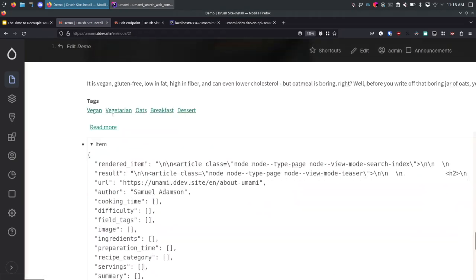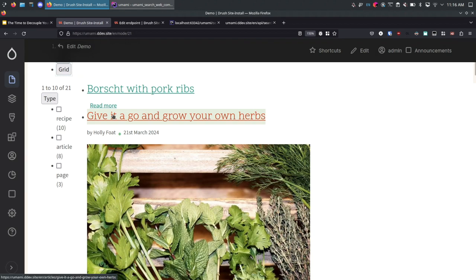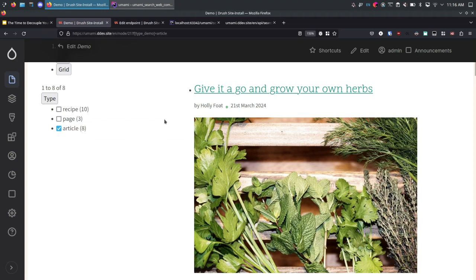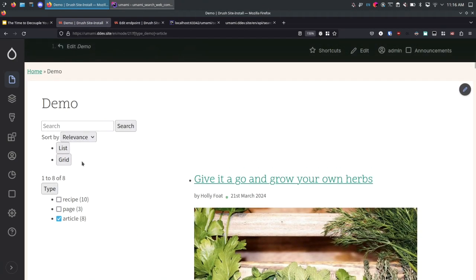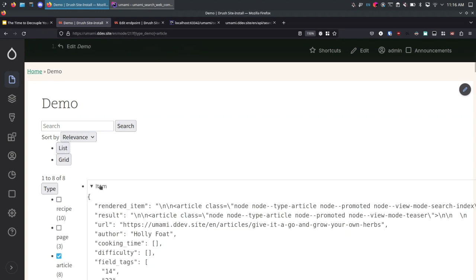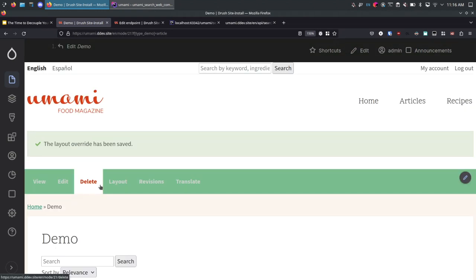I think some of the content's too big for the grid. Oh, it's because we have the okay. But what we do see is the articles are actually rendering as HTML now because we're in the grid, whereas if we go back to the list, articles are JSON. So there's a little bit of work to get something like a grid, but fairly easy to set up as